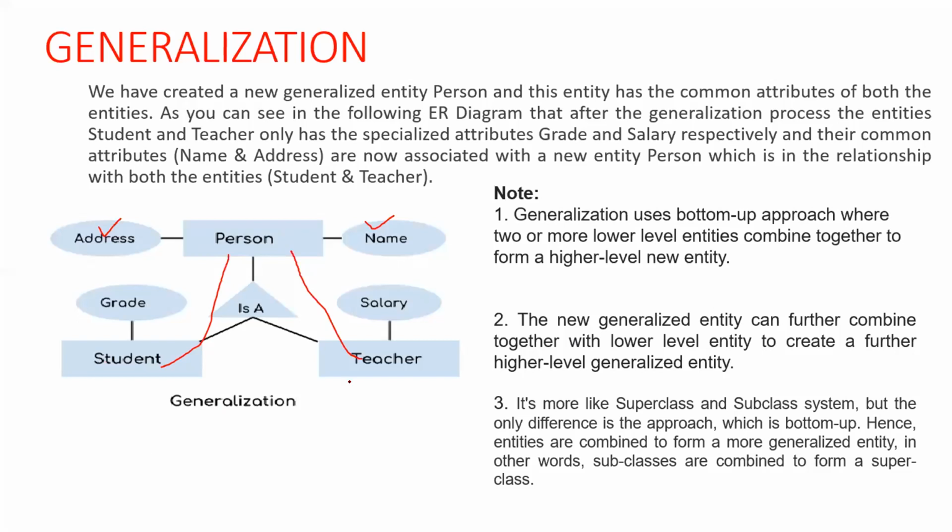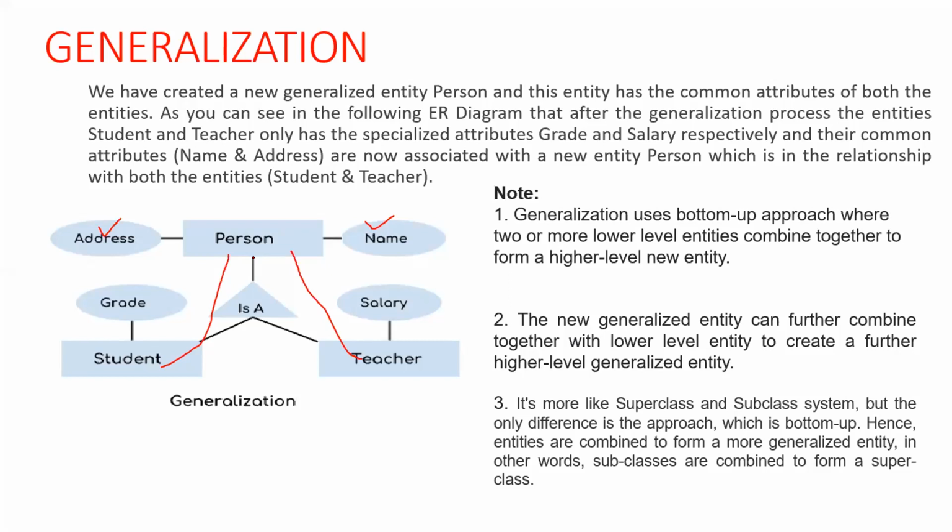So here student and teacher were combined together to form a person high level entity. Okay, so what is the use? We are avoiding common attributes from the relation, from the table or from the ER diagram. So then the schema of database size will be reduced. Database schema size will be reduced. This is also an important difference. Okay, important use of generalization. So difference means when you compare with specialization, that is an important difference.